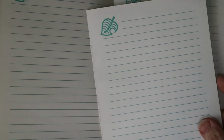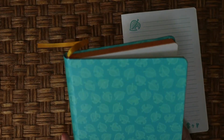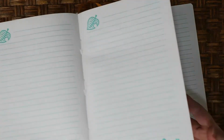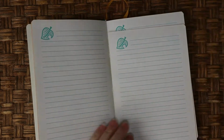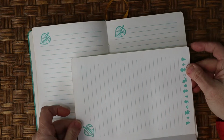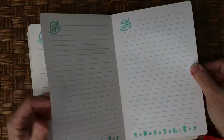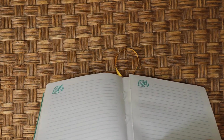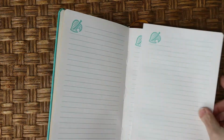So I love finding these types of journals because, like I said, only if I can take the signature out and have the whole page, because it won't do me any good if I tear these pages out and then I've got to turn them sideways to put them into a journal, and then who's going to write sideways, right? So watch for these types and always look and see if it has signatures on the spine there. So this was a great find, 99 cents. I've got a million pages that I can stick into journals